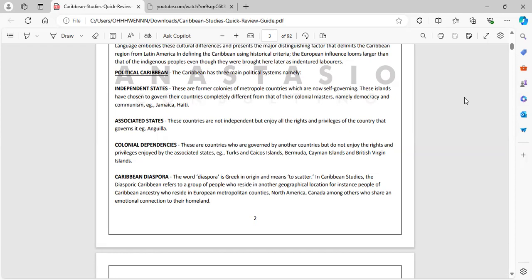As I said, this is the easier part. This is something you don't really need to know externally because I don't think this is going to come back on CXC, because it came last year. The only problem is they might ask political and historical and the diaspora. They asked geography last year and geology, so I don't think this will come back. But you guys have internal exams at school, and you are going to be tested on this, so you need to know this.